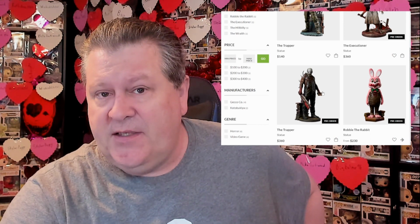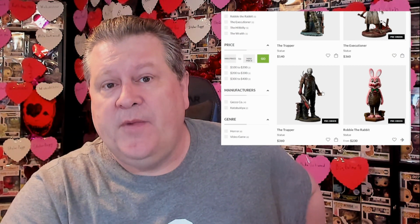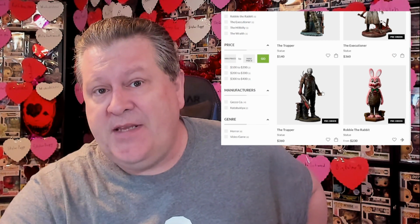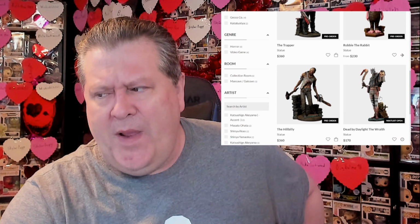Again, it's significantly larger, and it also has features like built-in LED lights in the eyes. You can make the frosty eyes turn them on or off. You can do blue or red to simulate the killer's red stain in game. So they have the Trapper in both styles, and let's see, the Wraith, it says it's on wait list to